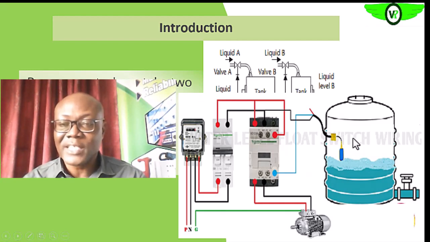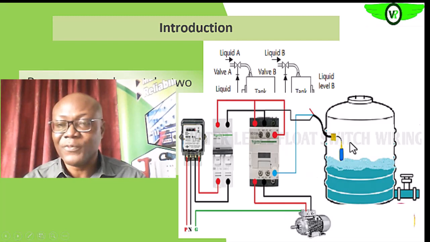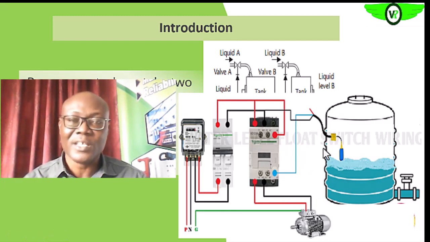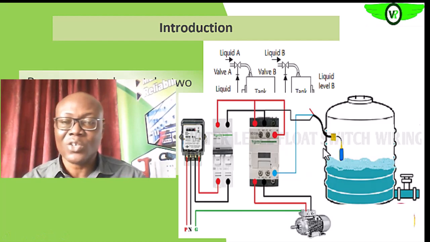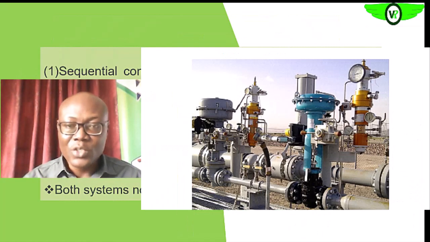So you see that once demand is on the tank, the level will be going down, and then it will go down to a stage where the pump motor will come on and fill the tank. It will fill to a stage, then it will switch off. So the process is continuous without the intervention of humans. It is done automatically. So this is a very simple continuous process. We also have other very complex